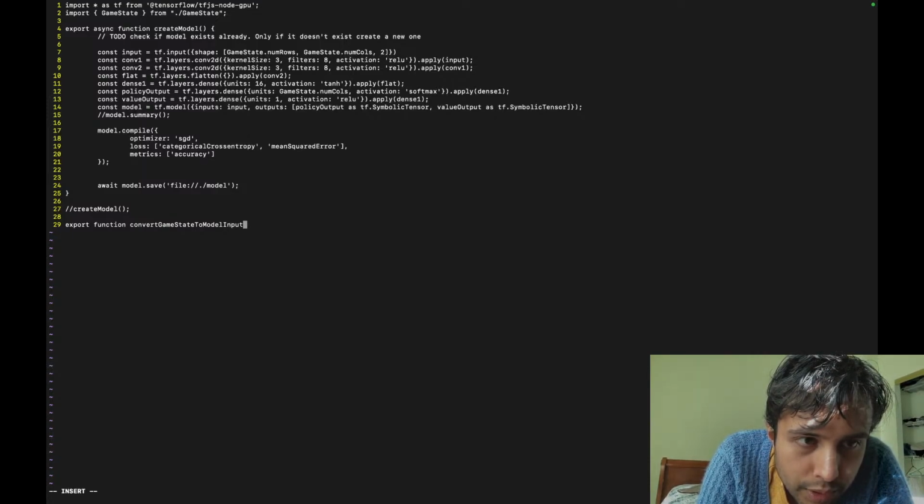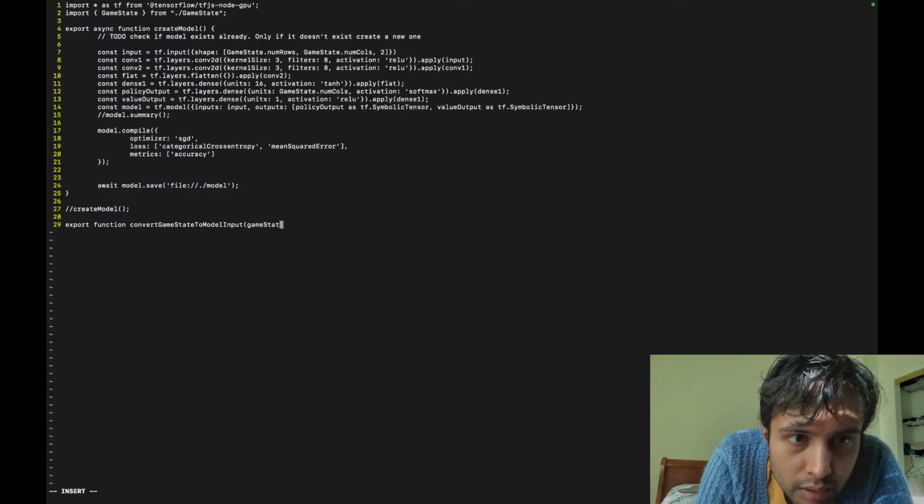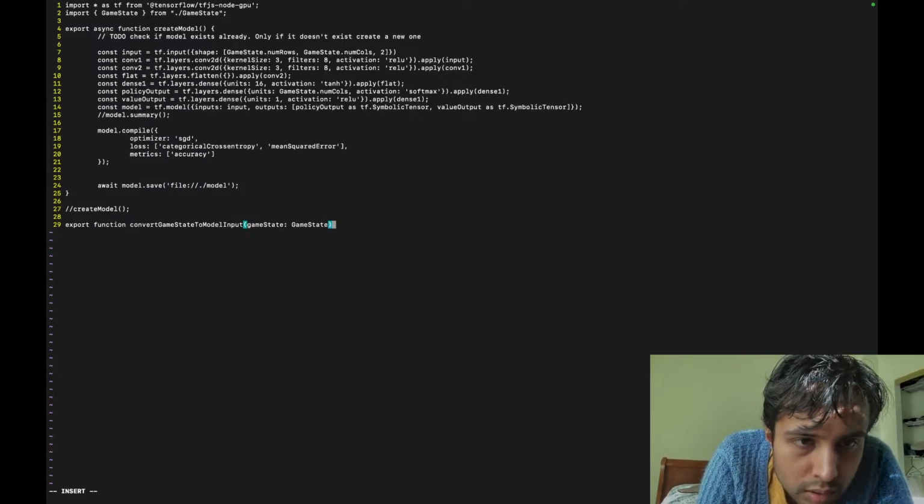Very verbose name, right? Game state is a game state. And then what does this function return? It will return a tensor, right? Well, for now, I'll just leave it here. I'll just not specify the return type because I'm not really sure.